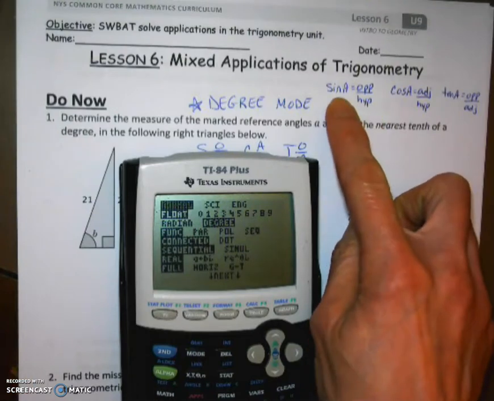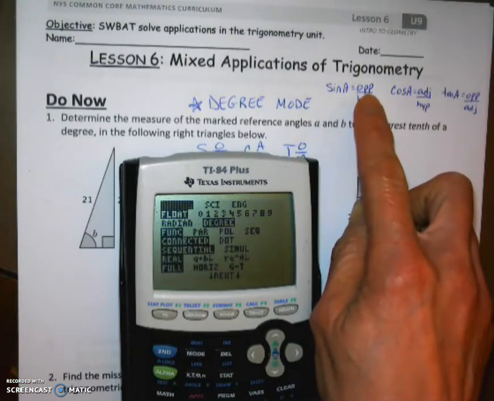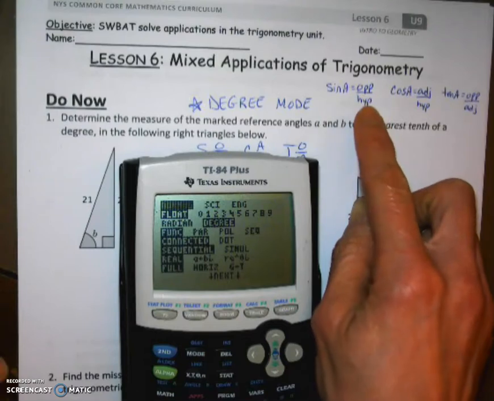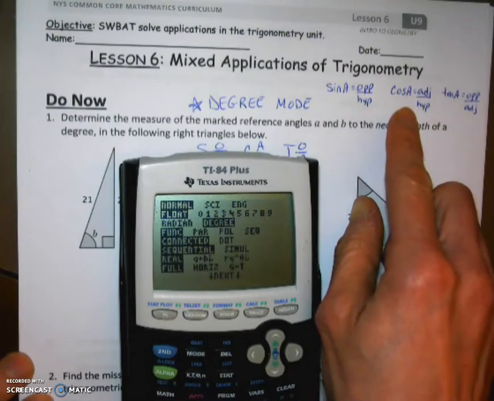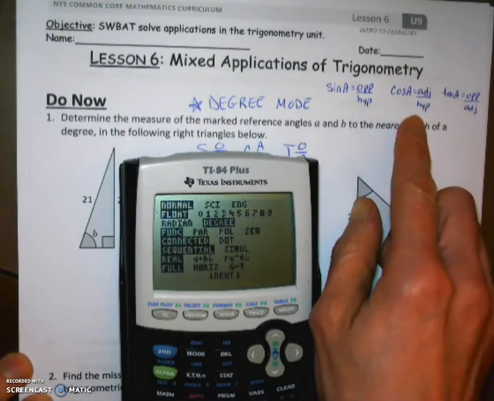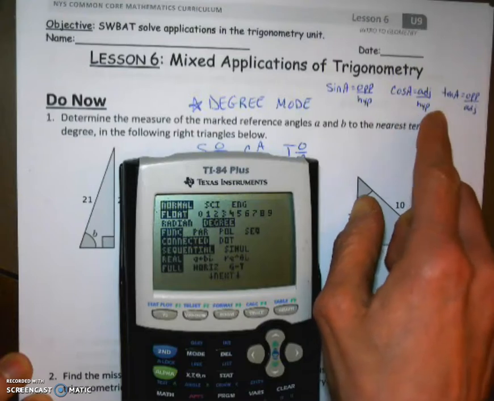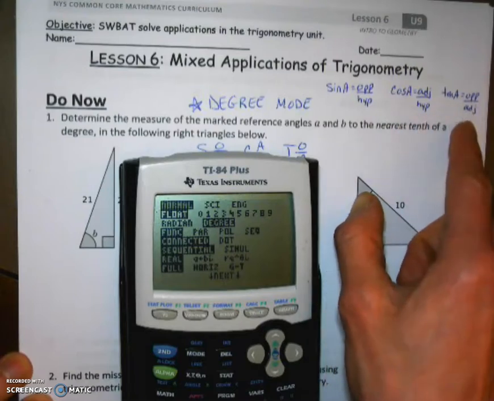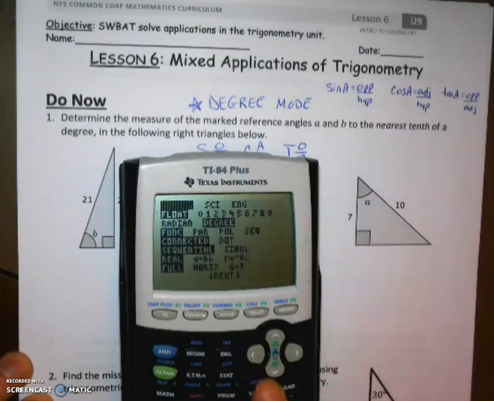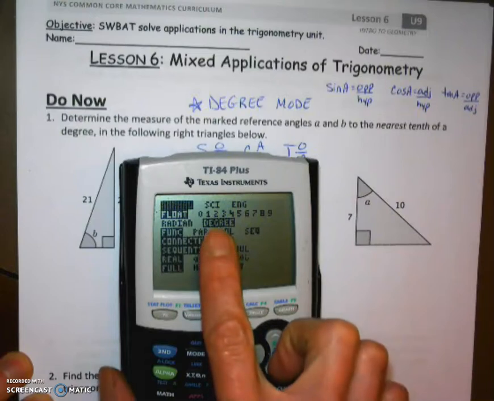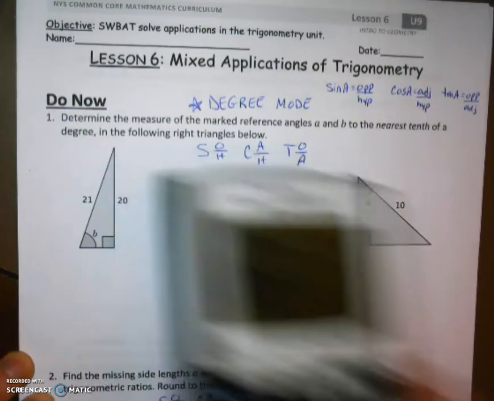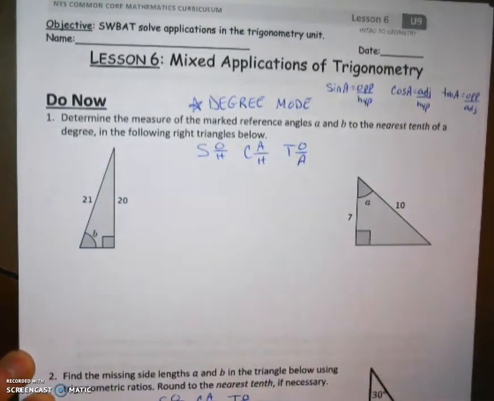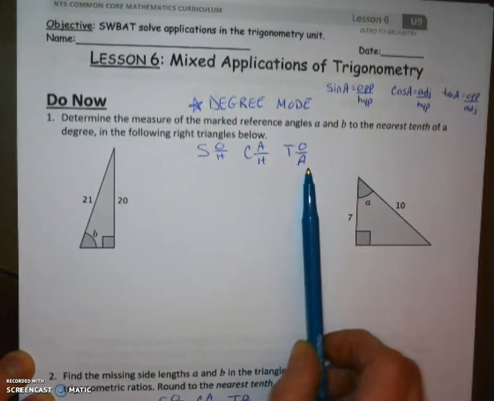So the sine of any angle, I'm going to call it A, is equal to the opposite length divided by the hypotenuse length. The cosine of any angle is equal to the adjacent length over the hypotenuse, and the tangent of any angle is equal to the opposite length divided by the adjacent length. So if you have the TI-84, make sure that you are in degree mode. And at the beginning of each problem, I went ahead and wrote down, very shorthand, SOHCAHTOA